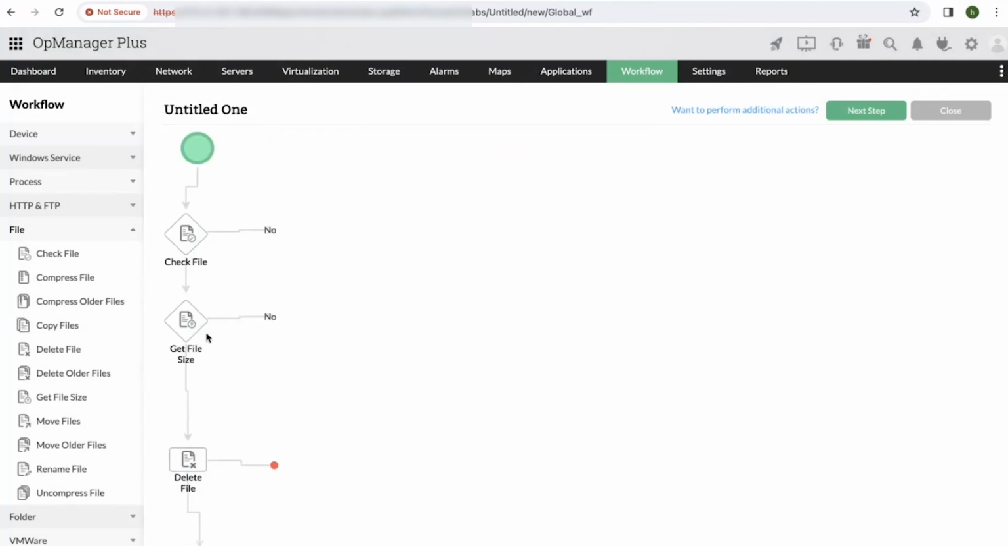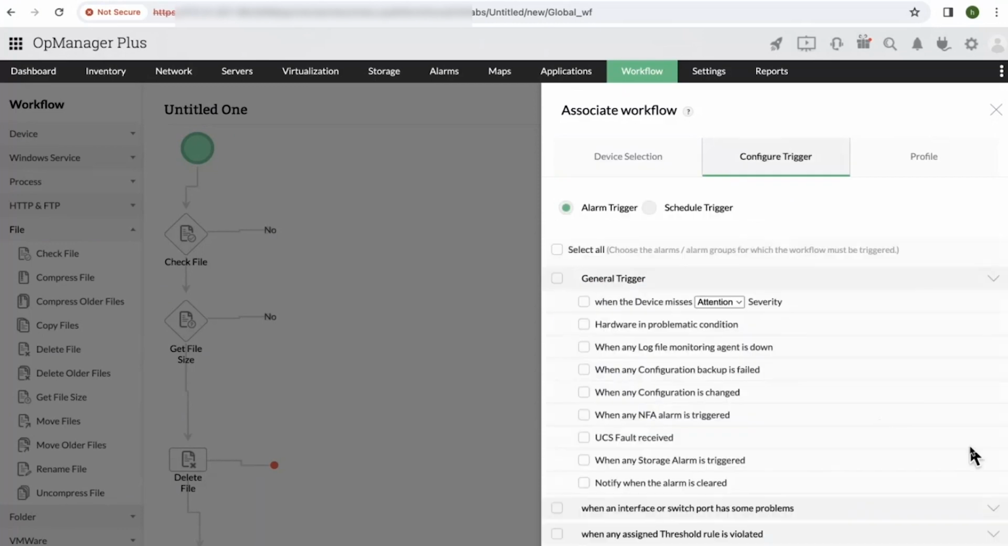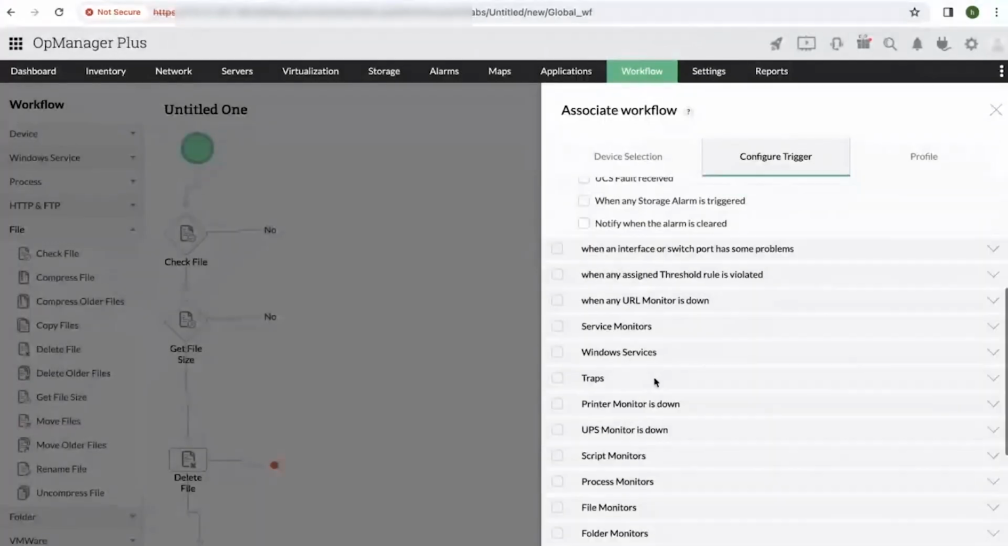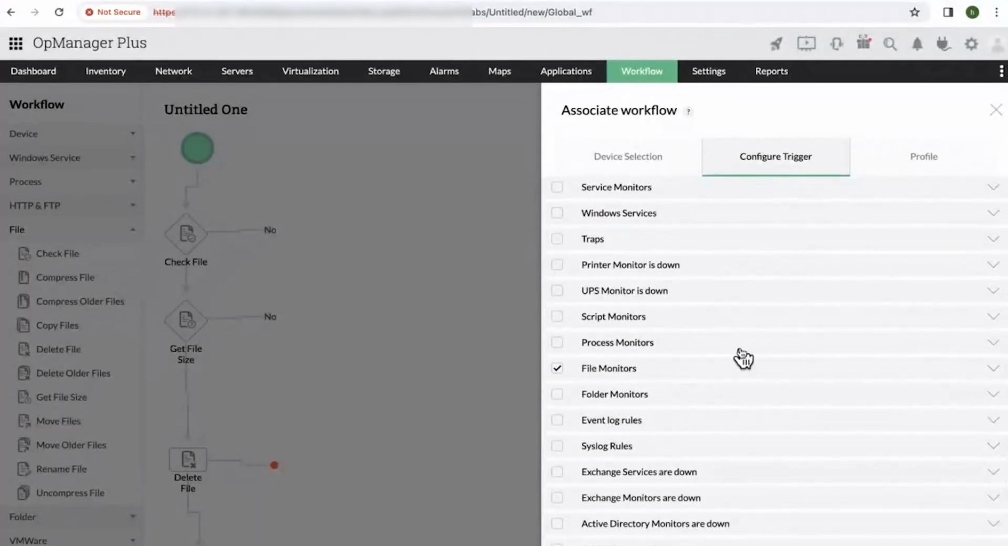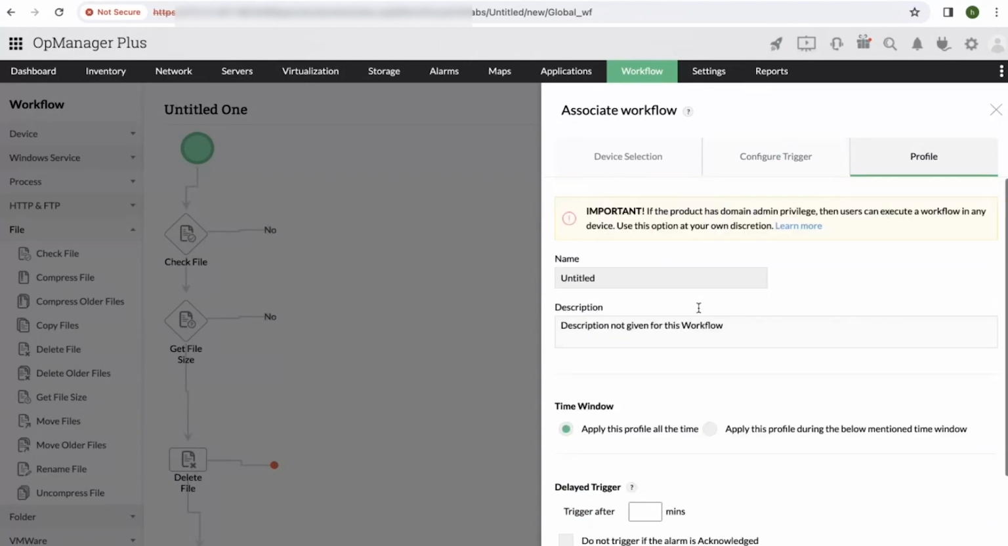So now that we've provided the workflow setup, let's look at how to set it up for a device. Let's click next step. Choose the devices you want to set it up for. Click on next. Now here you can configure a trigger for the workflow. You can also select the severity here. So if we click on next,